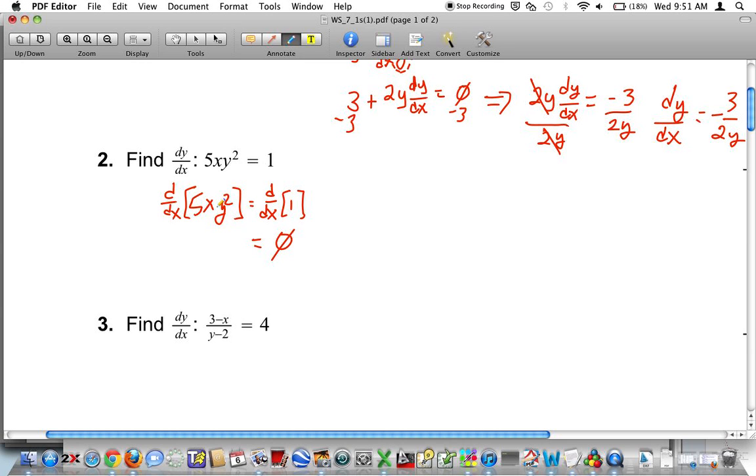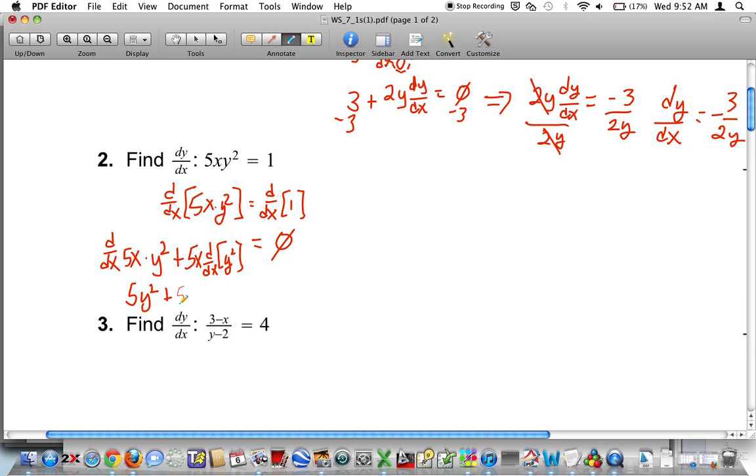So on the left side, we have two things. We have 5x times y squared, and so we just have to use the product rule and we'll just separate this. So this is the derivative of the first, dx of 5x, times the second, y squared, plus the first, which is just 5x, times the derivative of the second. Okay, so the derivative of the first, 5x, is just 5. So we have 5y squared